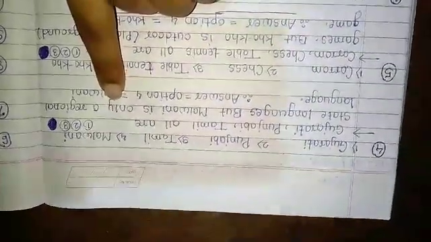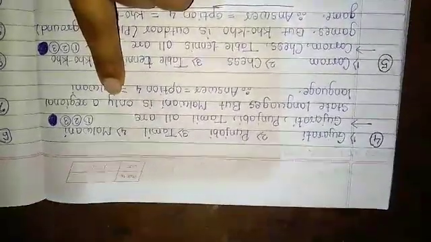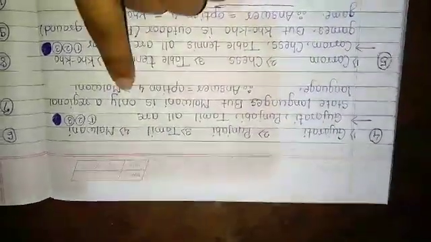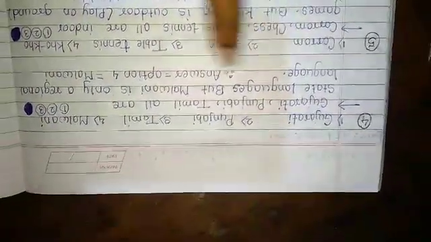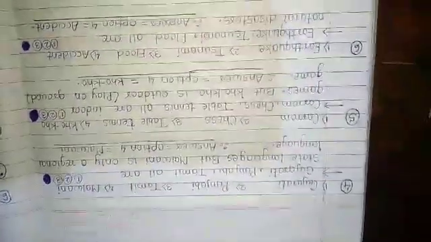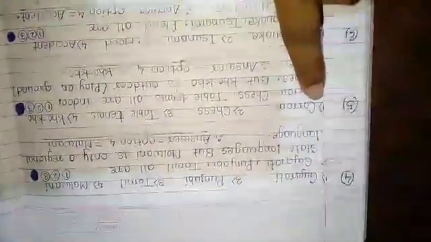What is the state language of Maharashtra? It is Marathi. But Malwani is only a regional language which is spoken only in the Konkan. So the different word is Malwani because it is not a state language, and it is spoken only in a specific region of Maharashtra, in the Konkan. Next, question number 5. What is given?